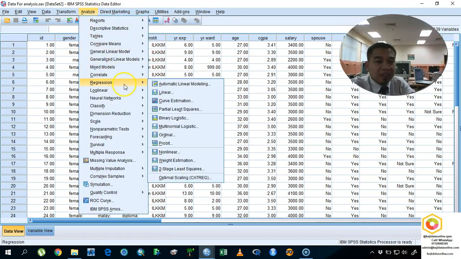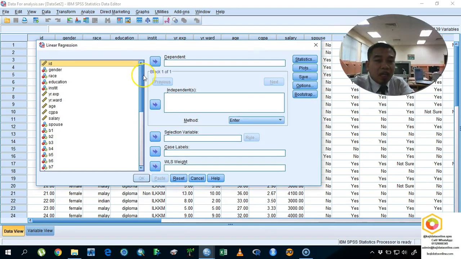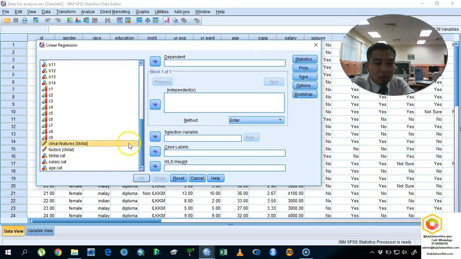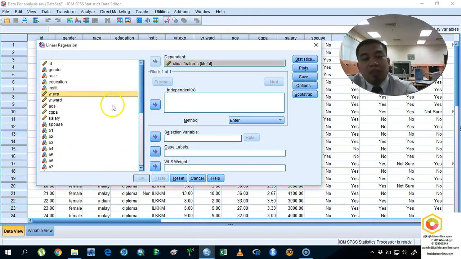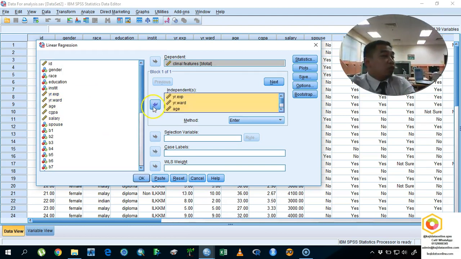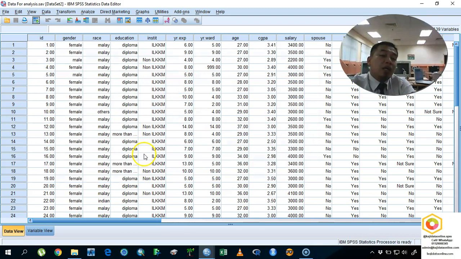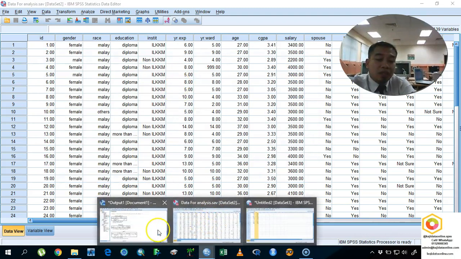You go to Analyze, Regression, Linear, and then please insert your B total and include any aspect of this one. So this is the example that I mentioned to you before. If we want to do something higher than our current level, we need to include more variables in our model. So now we are going to click the OK button and everything is